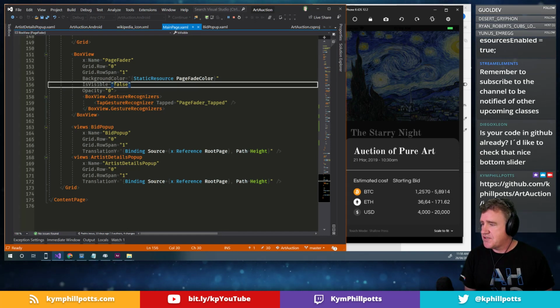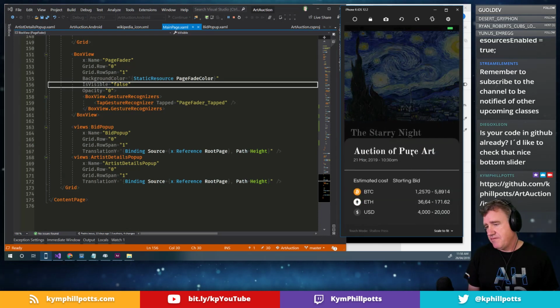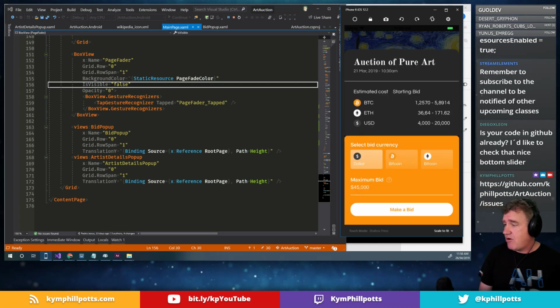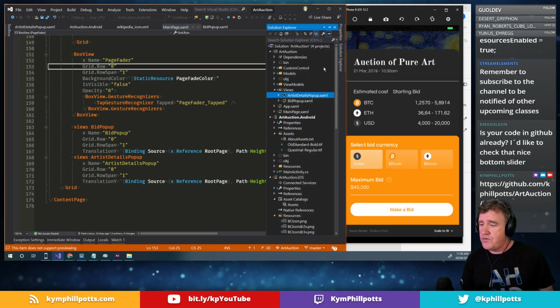So that just goes in, and that's got a tap recognizer. So when I tap on that, it hides it. And basically this content view will return how high the first section is and then how high the whole section is. So in our code then, we just go,